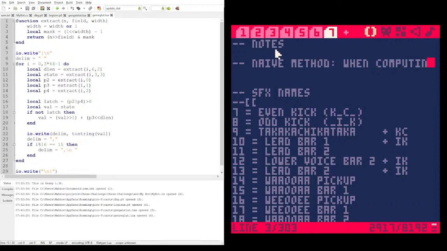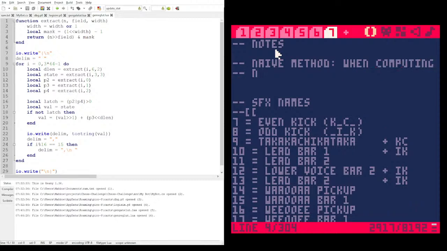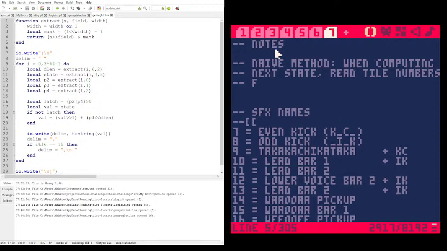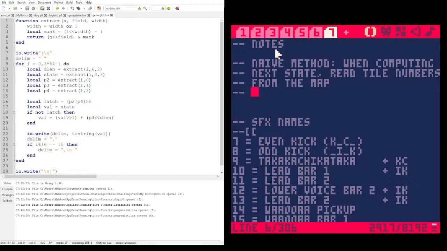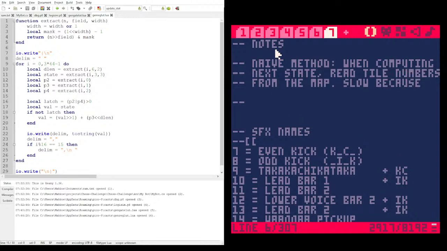When computing next state, read tile numbers from map. But this is slow because,